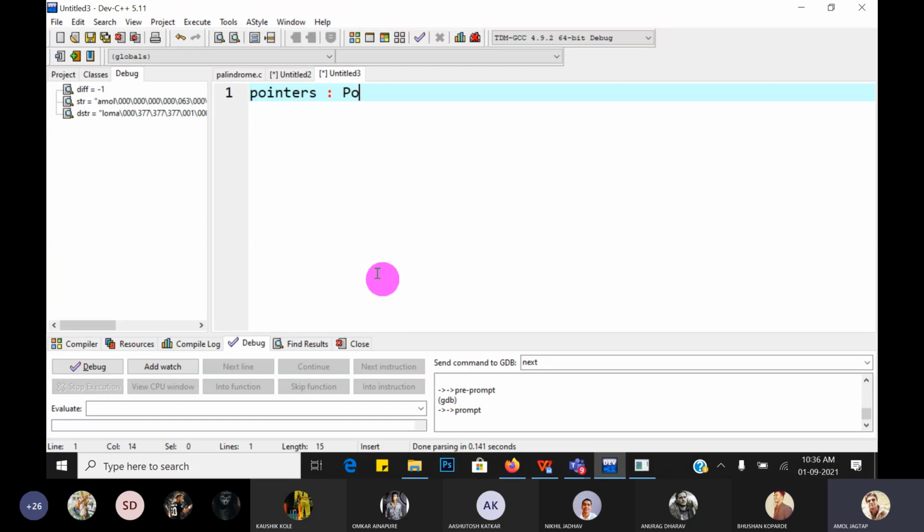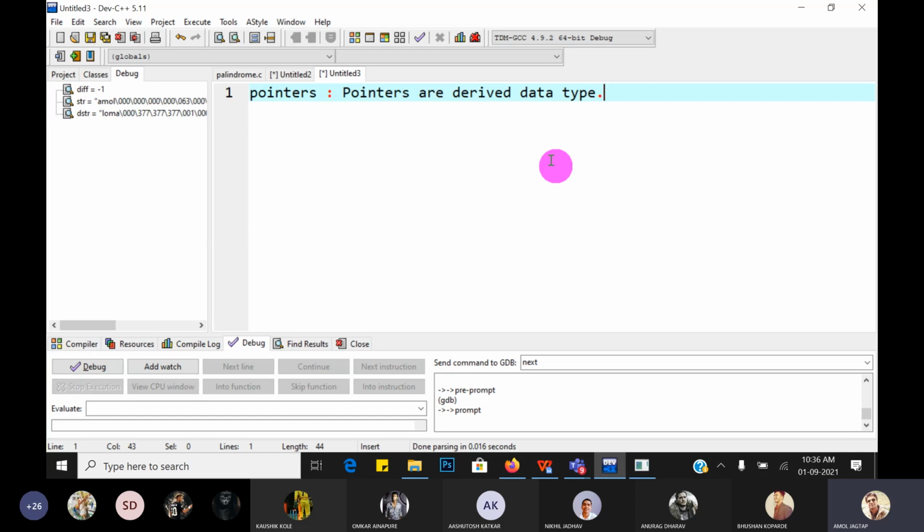Pointers are derived data types, which are derived from either built-in data types or user defined data types like structure, union, like that. So we will see that.